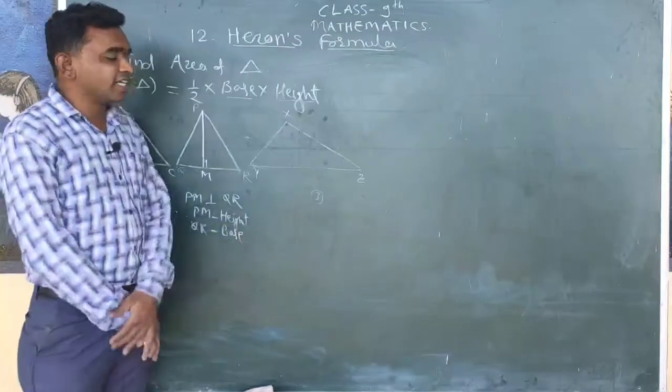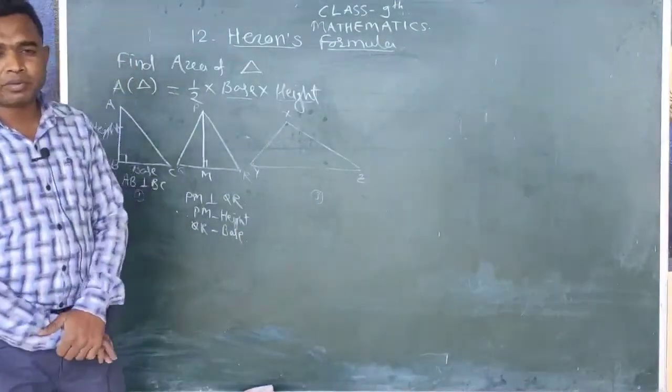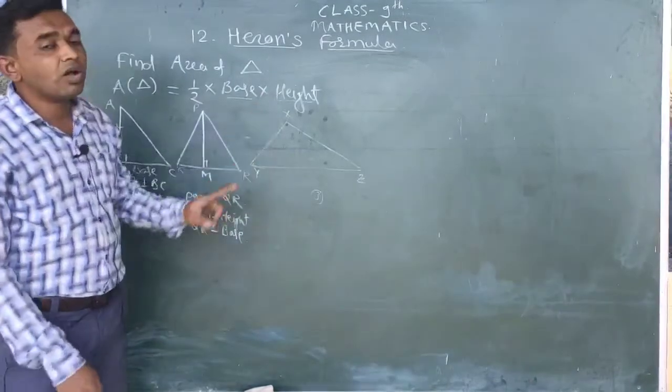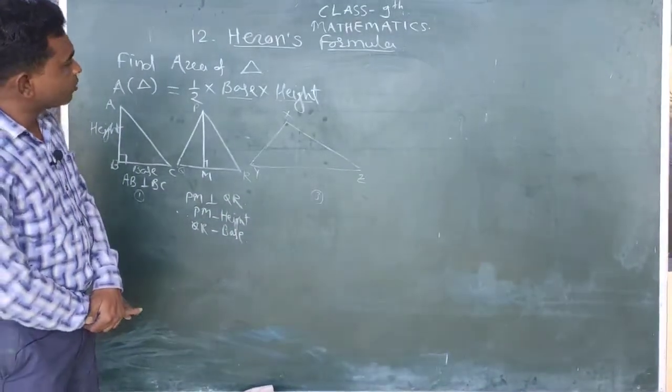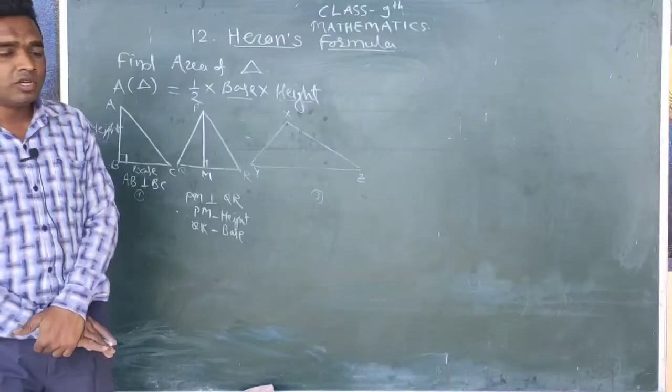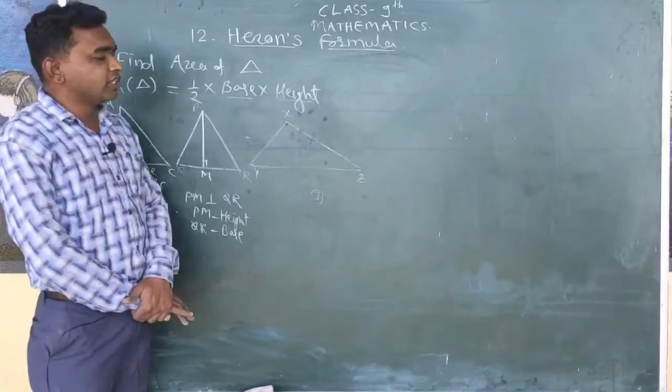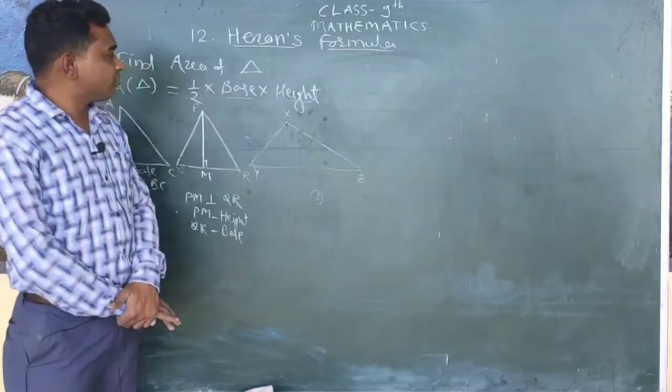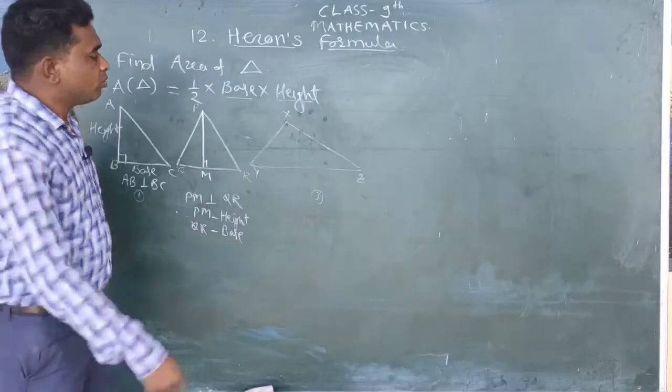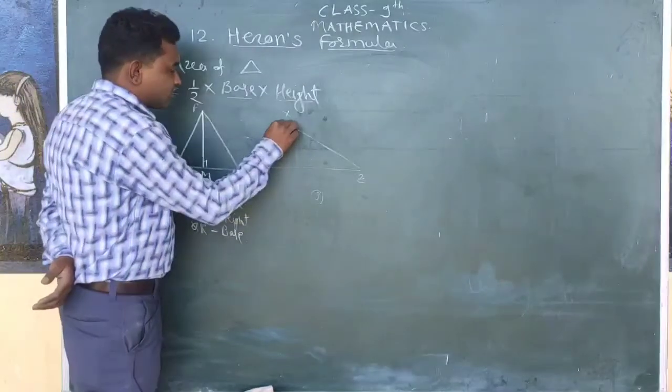In this triangle XYZ, there is no perpendicular side, so there is no height. But we want to find the area of this triangle XYZ. To find the area of triangle XYZ, we compulsorily need the value of the height. So we simply adjust